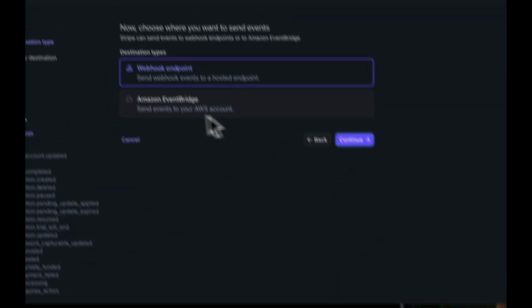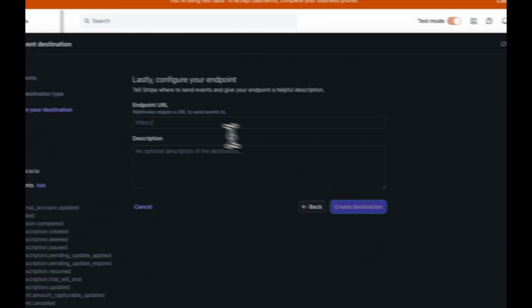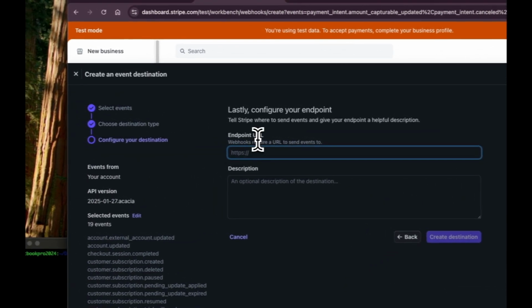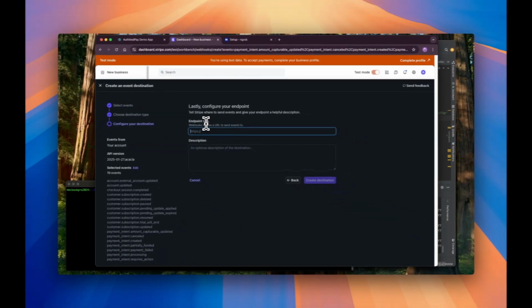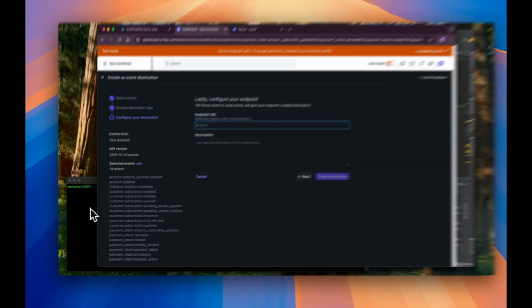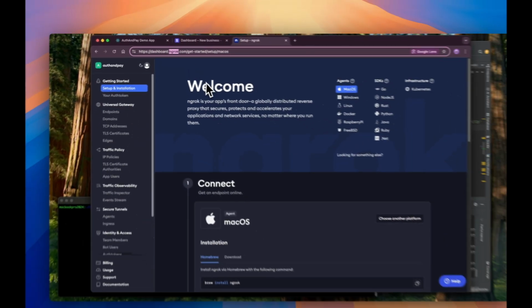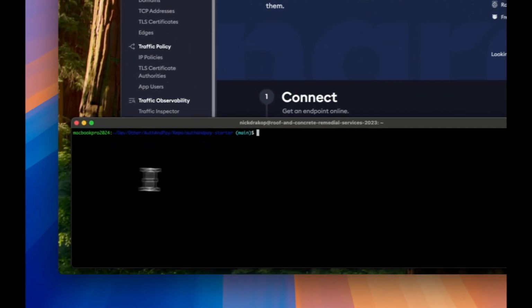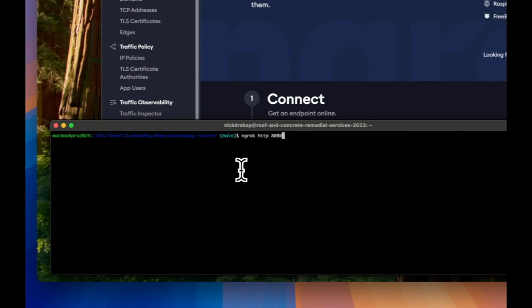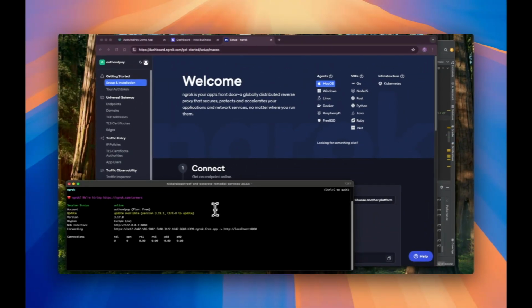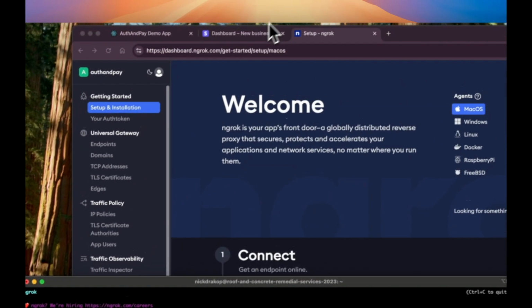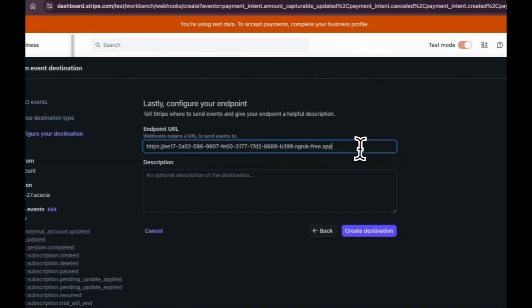Next, we need to define the webhook endpoint URL. Since we're running in a local environment, we'll use ngrok to expose our local server to the internet. If you're not familiar with ngrok, it's a tool that provides a temporary public HTTPS URL pointing to your local machine. Once you have ngrok set up, simply run ngrok http 8080. This generates a public URL that we'll use as the webhook destination. Now, append the following to the URL